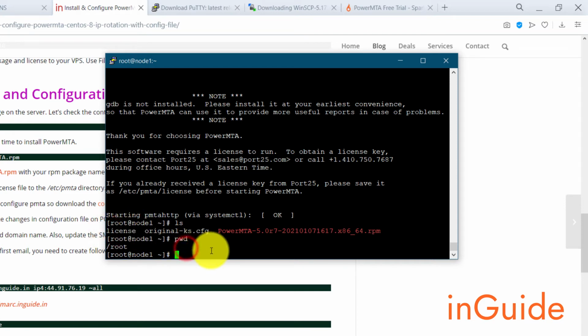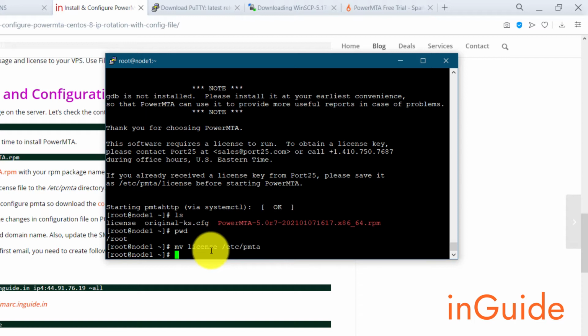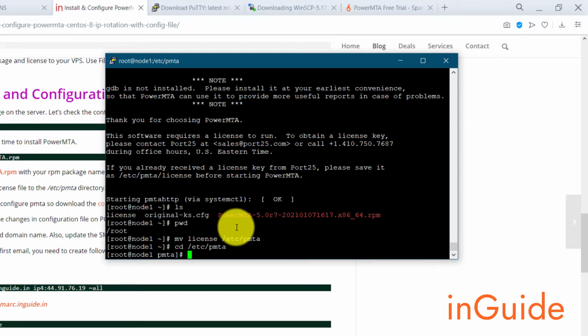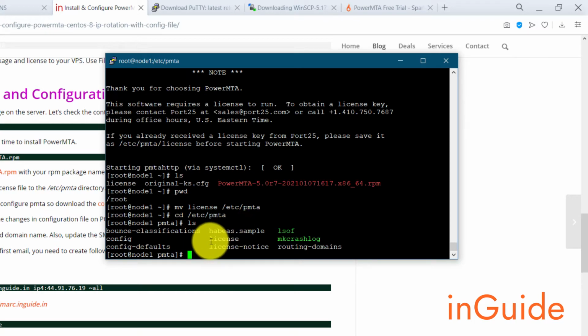For that you have to run this command, mv, which stands for move, and then the file name, which is license, to /etc/pmta, and then press enter, and that's it. If I go to the /etc/pmta directory, I'll see the license file there.